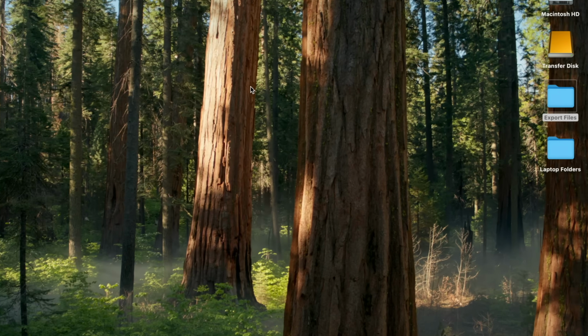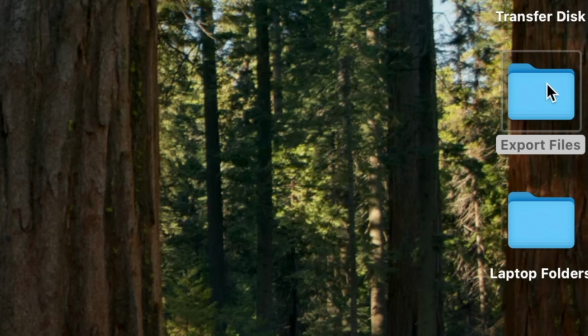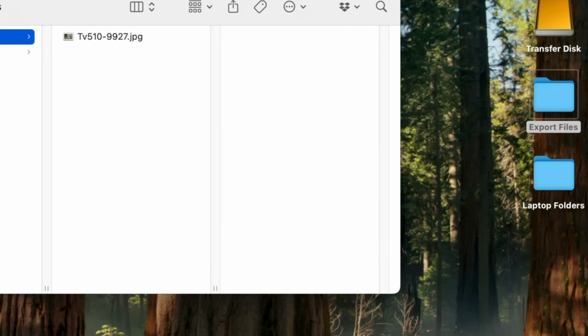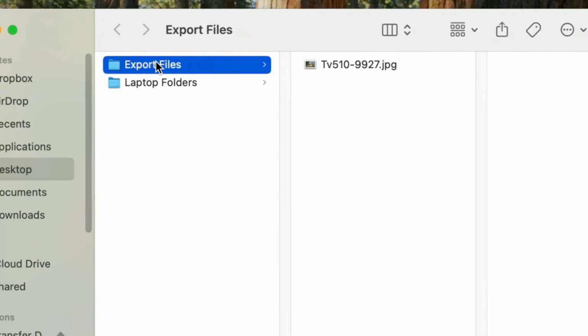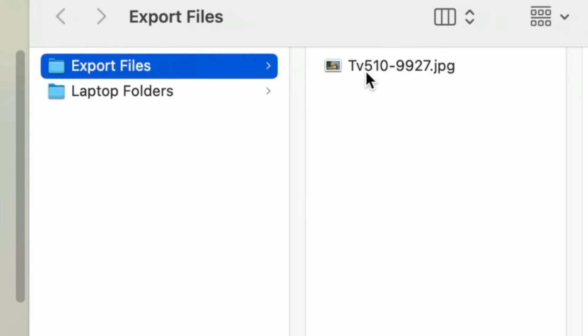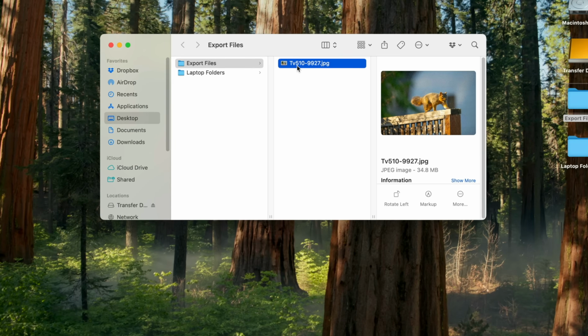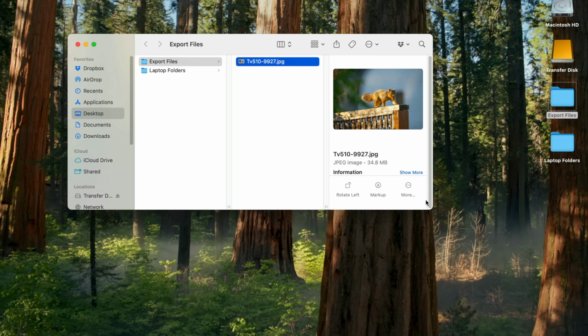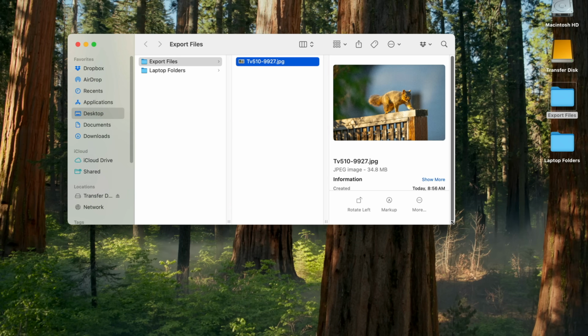So let's go to my desktop, and we go into export files, and we look here and we go into export files folder, and we see there it is, TV 510. There's that image. You can see it's a little lighter than that last one, right? So there's our file, and it's a JPEG. So let's go back into Lightroom real quick,